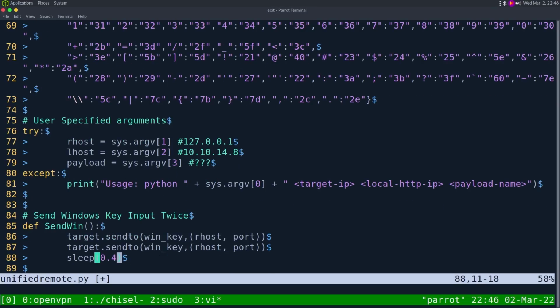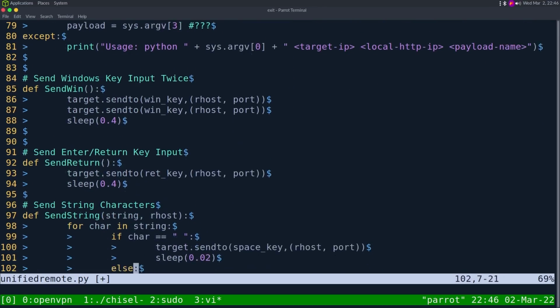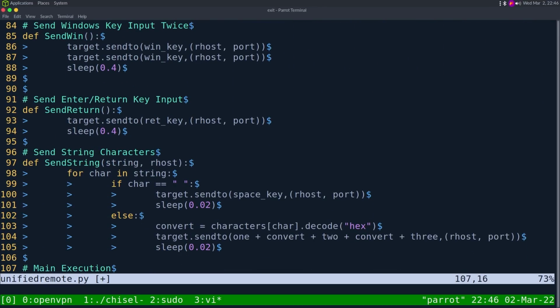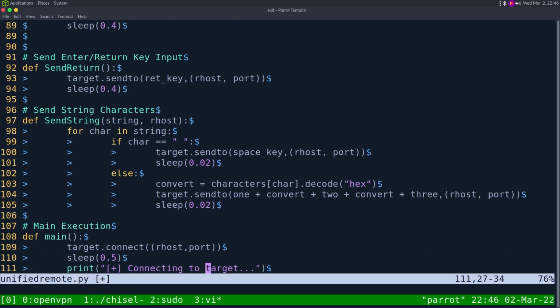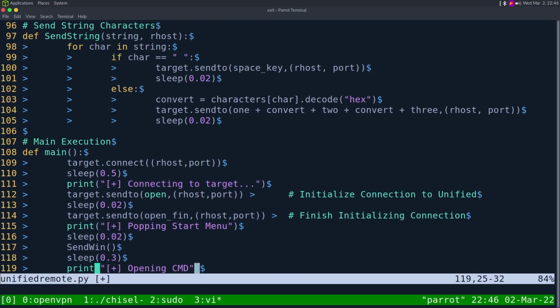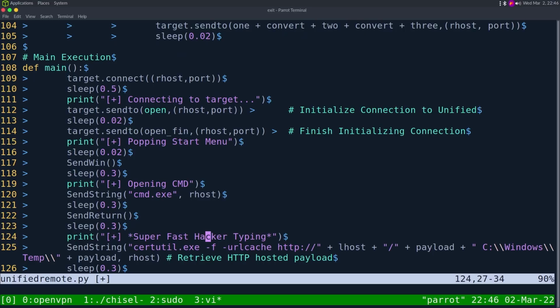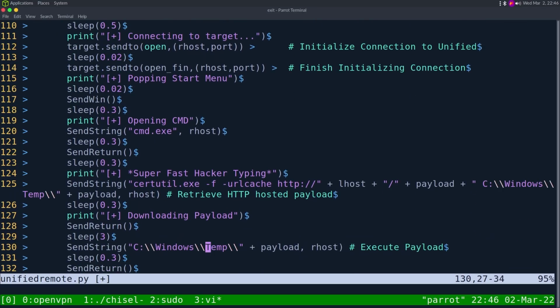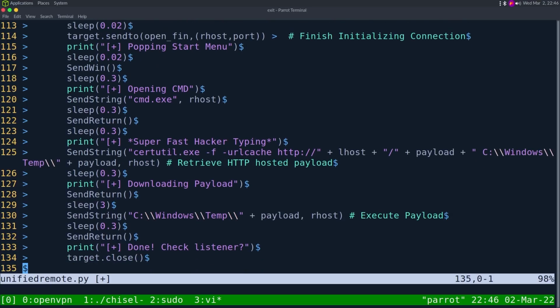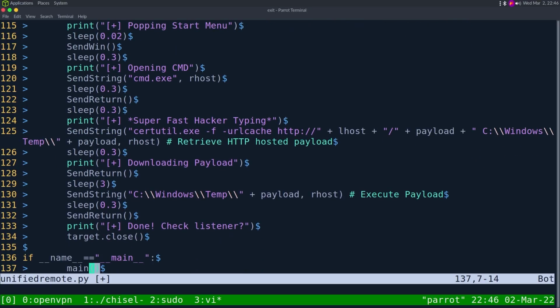So let's try taking a look at how this works. So it's sending keys, send return. What Unified Remote is, is just an application that enables you, I think, to control your computer via your phone. It's like VNC. And what this is doing is just pretty much executing a bunch of keystrokes to open a command prompt by sending string cmd.exe, then using certutil to download something, and then saving it to C:\Windows\Temp to execute. So